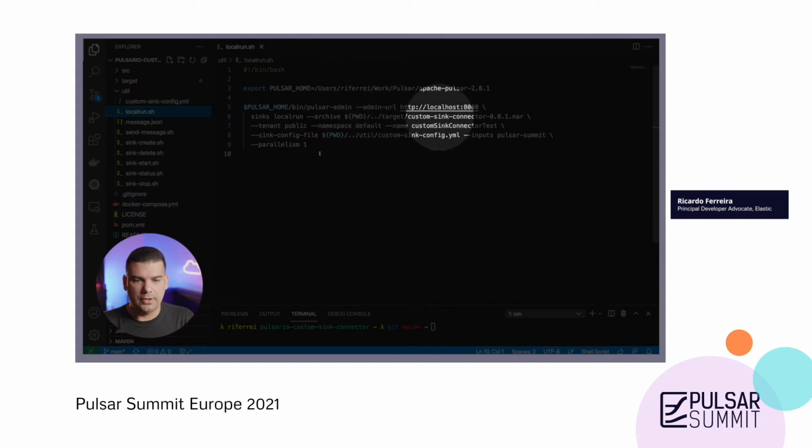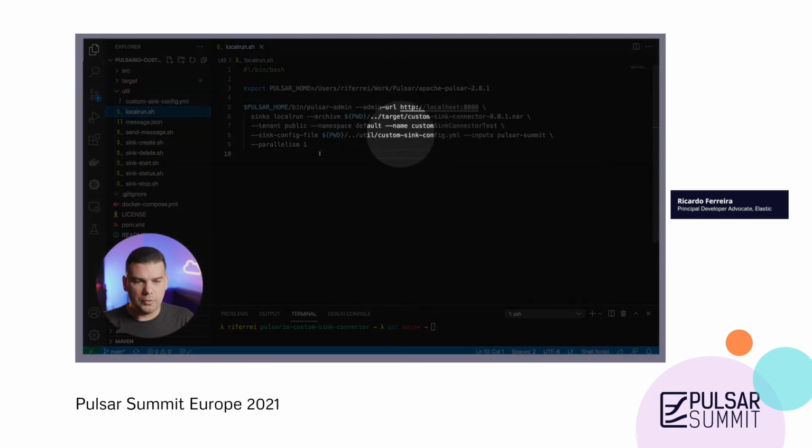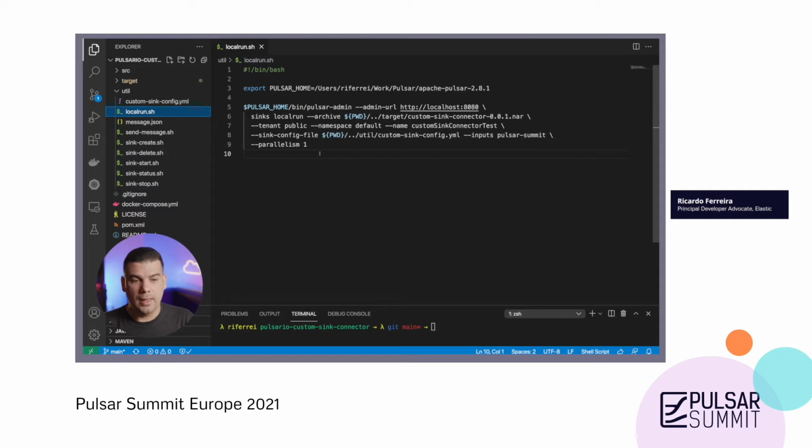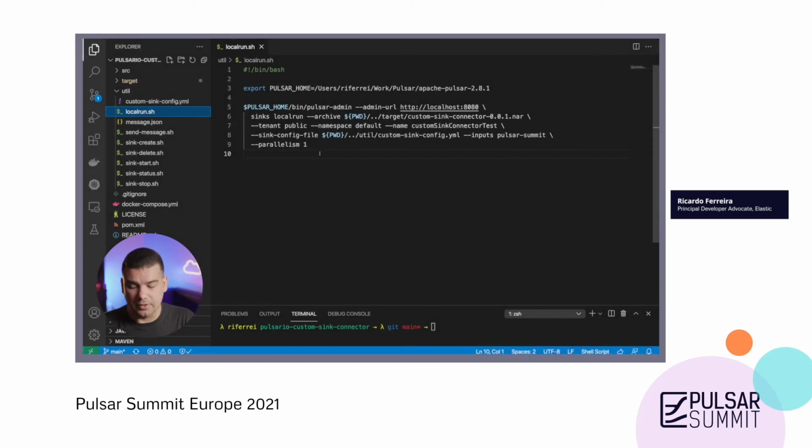The connector is provided here as a parameter. Here's the NiFi archive. And along with the connector, you also have to provide a custom configuration file, which provides some parameters to the connector, as well as the Pulsar topics that will be listened to, because it is a sink, so it has to have some inputs.